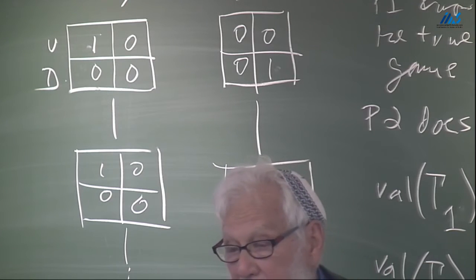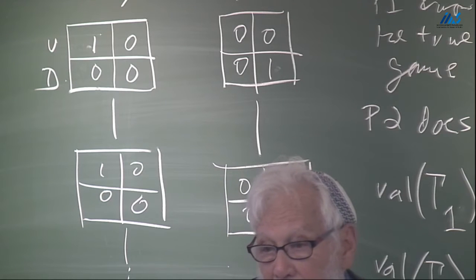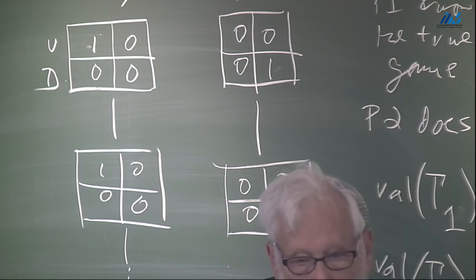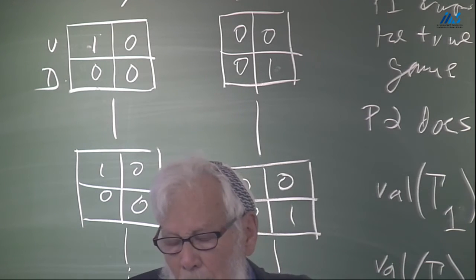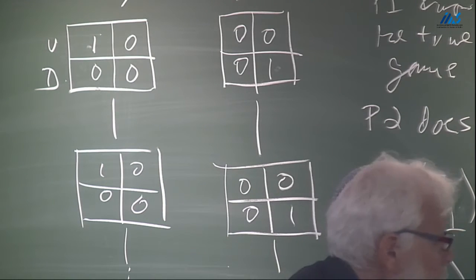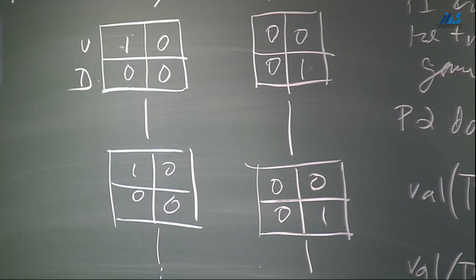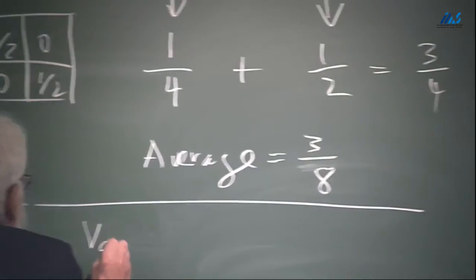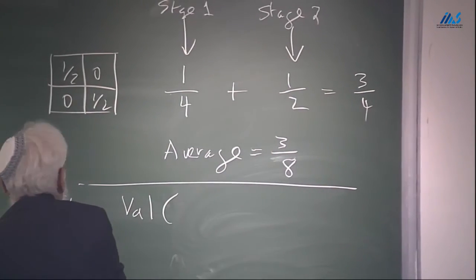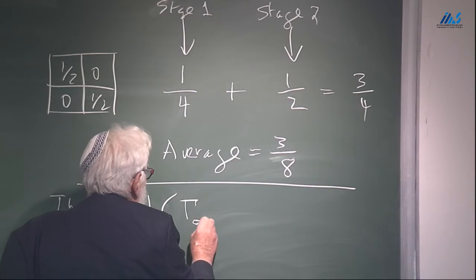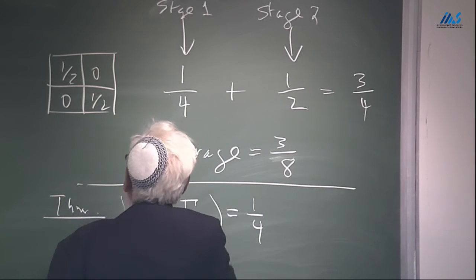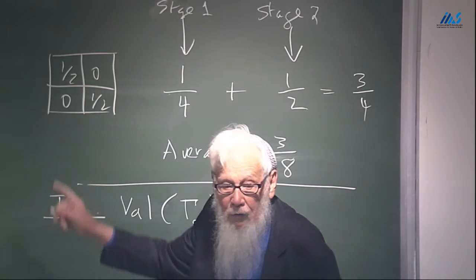The answer is he can't do anything. He cannot get any advantage in the infinite stage game or in the long stage game. We're going to prove that the value of gamma infinity for this game equals 1/4. Now 1/4 is, as we said before, exactly the value of the